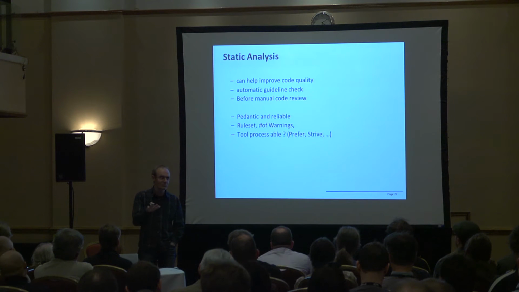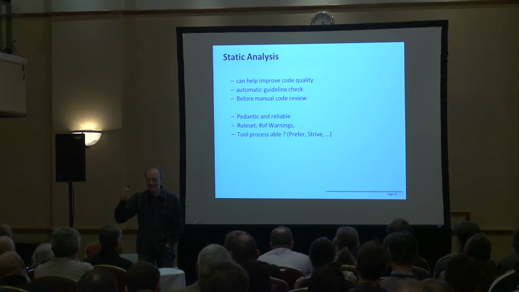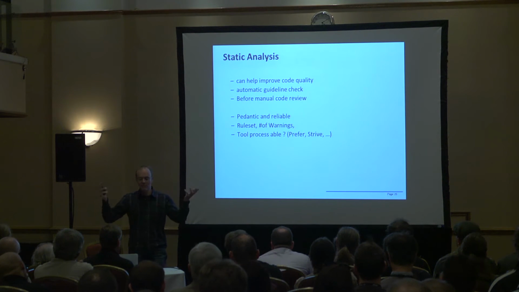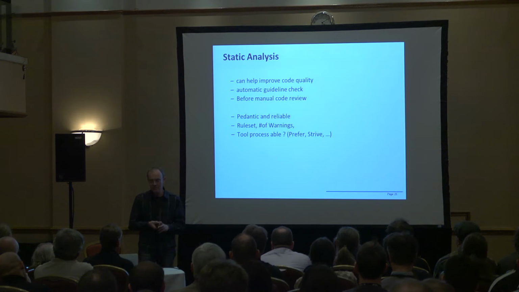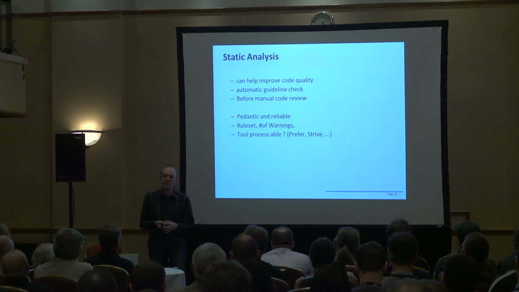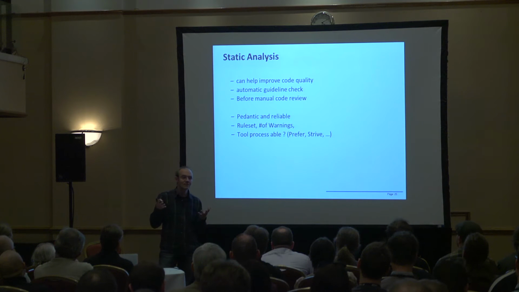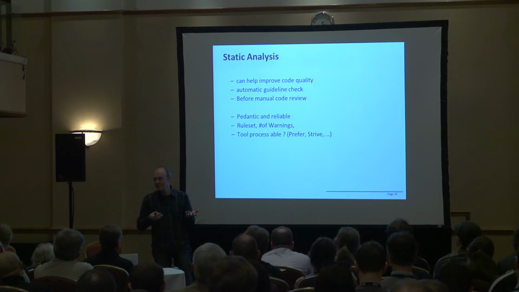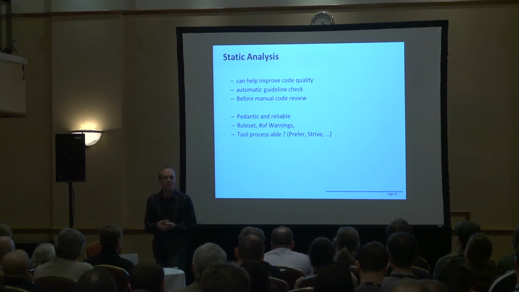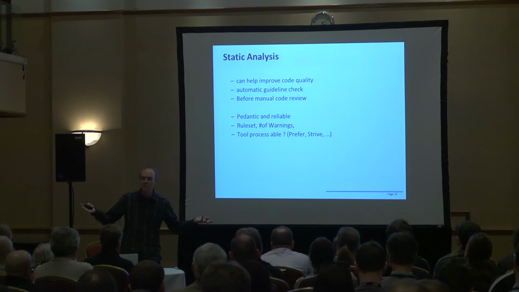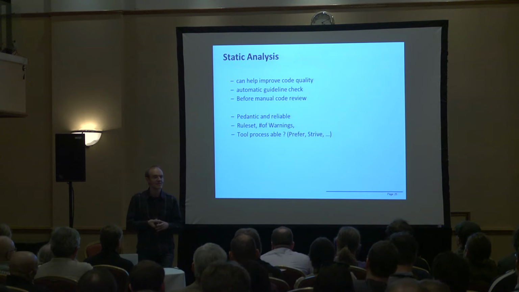The rule set will also determine the number of warnings. And I get a lot of complaints about lint-like tools, that you get lots of warnings and false positives. We'll look at that. And the right errors are not found. Yeah, so that's one problem of the static analysis approach. The other problem is, if you look at the books that we saw, for example, from Scott Meyers, the question is, are those rules really tool processable? Because if you look at the sentences, there's no 100% or 0%, because he says strive for interfaces that are minimal and complete. How do you want to measure that? Yeah, I mean, you can do metrics, some kind of stuff, or